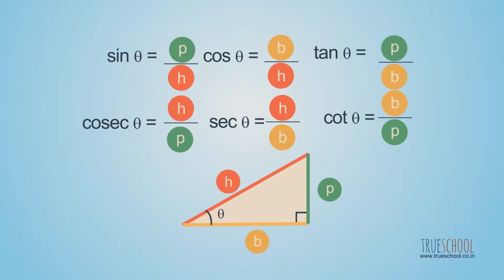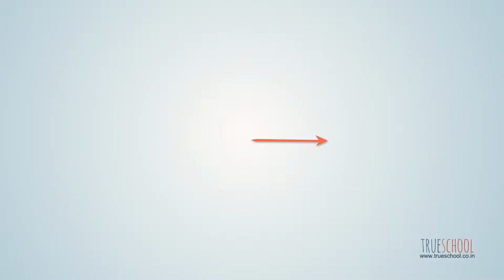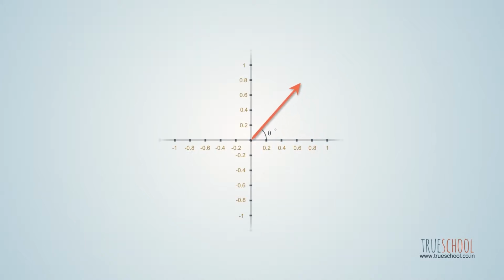Now that we have spent some time to know about the different trigonometric functions, it's time to understand the nature of these functions. Let's look at our arrow of trigonometry. We assume its length to be 1 and the angle between the arrow and the positive x-axis to be theta. So x component, which is the base, becomes cos theta, and y component, which is the perpendicular, becomes sin theta. Let's look at value of trigonometric ratio as theta changes.